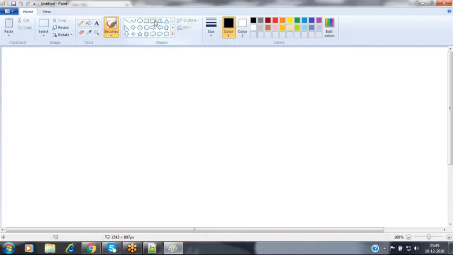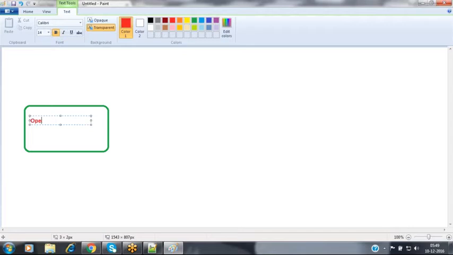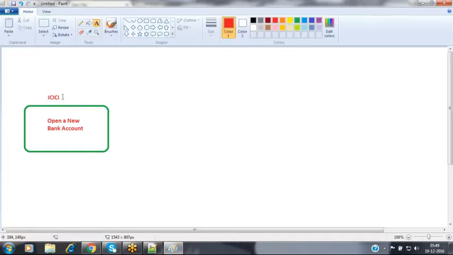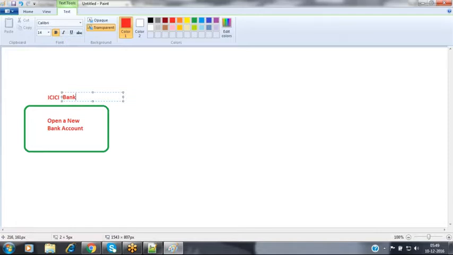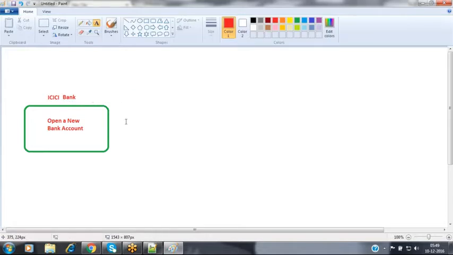So this is my requirement here: in order to open a new bank account with ICICI Bank, what are the various ways to open a bank account?